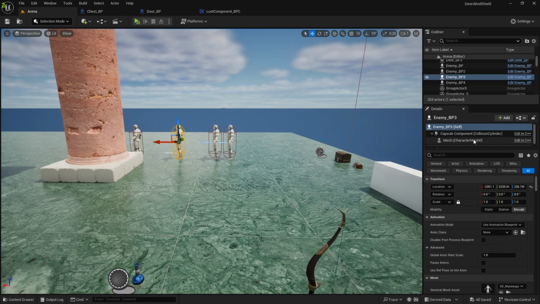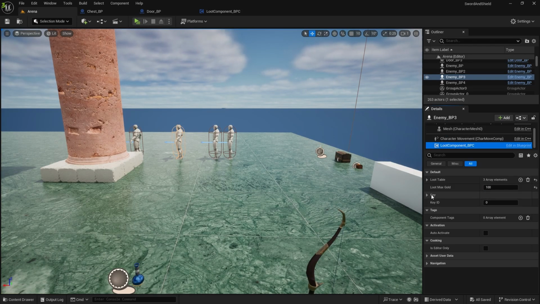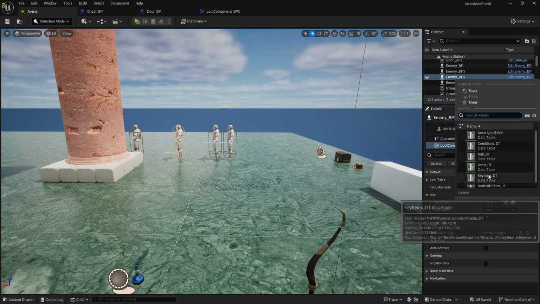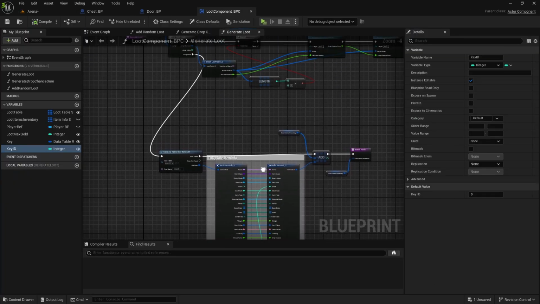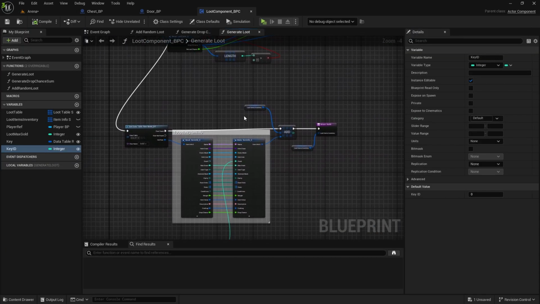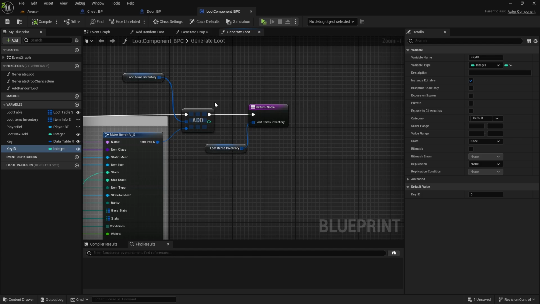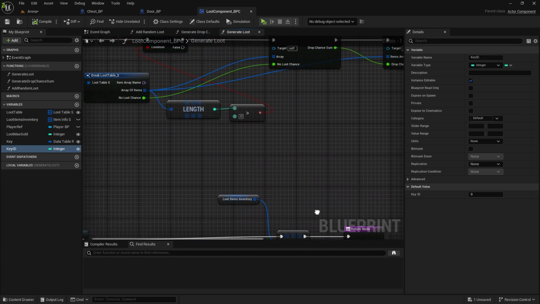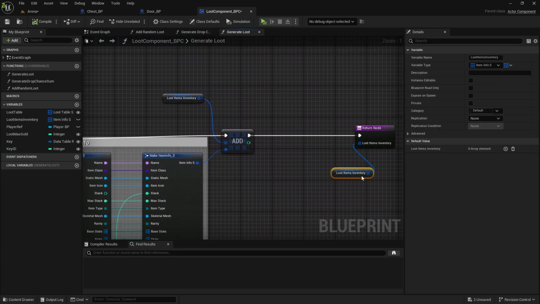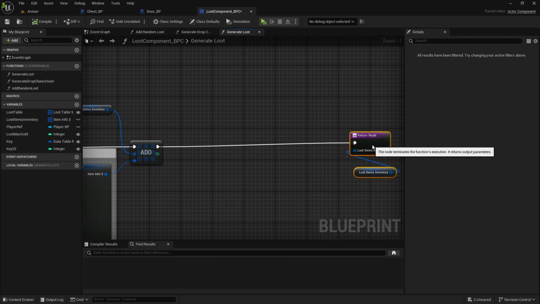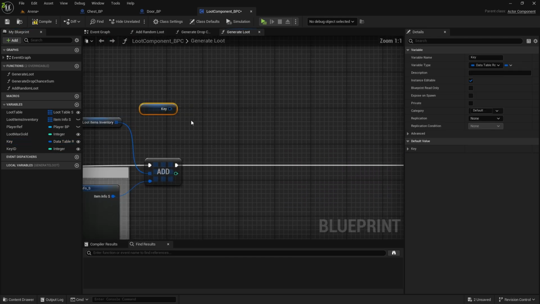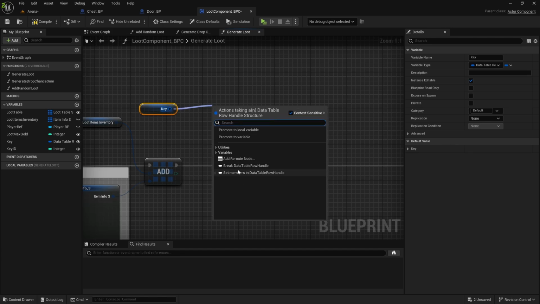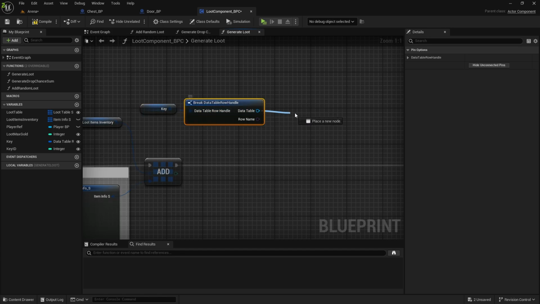And now on the enemies, when we click on a loot component, we can actually set up the key. So select the key, rusty key, and then key ID as well that we want. And for the functionality, we also need to add it when we generate loot. So here in this function, generate loot, in the end, we need to drag this back and we're going to get a key. First we're going to check, so break it open and then let's check if data table is